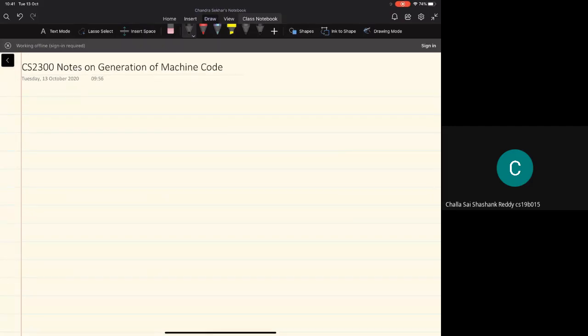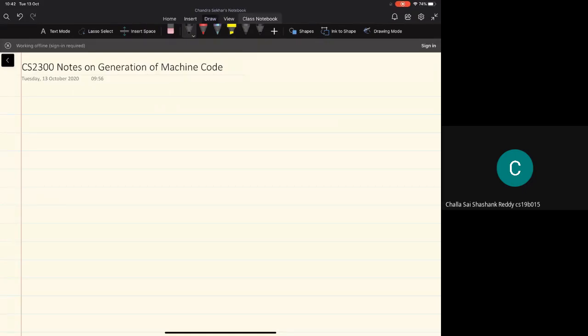Yeah, how do we process a high-level language program and then represent that in the form of what are called machine level instructions? Whenever we are referring to machine level instructions, these are the instructions that can be executed by a particular processor. And when we represent these machine level instructions in the binary form, that's referred to as the machine code. So we'll try to understand how to generate this machine code, and then of course how to execute this machine